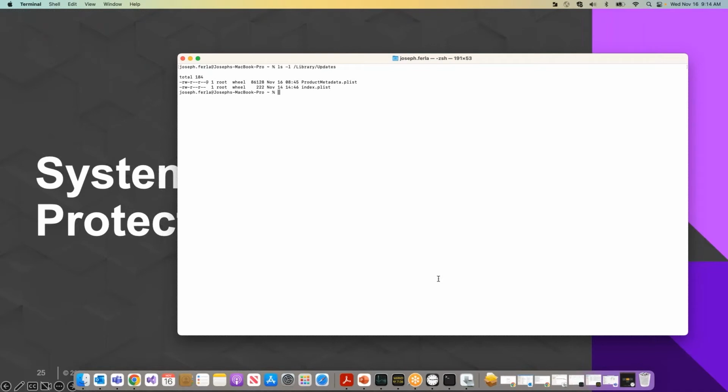So moving in to find more information about what we're looking at here inside the library, we can use ls -la as our command to pull more information on these particular files. So let's go to library/updates. Here we found a couple other files. We're still seeing our product